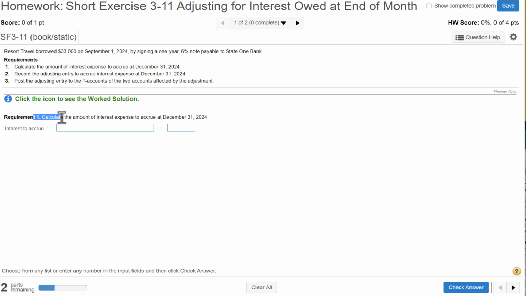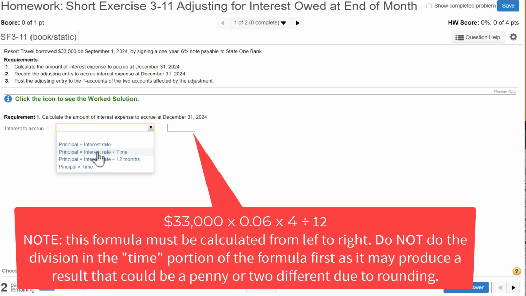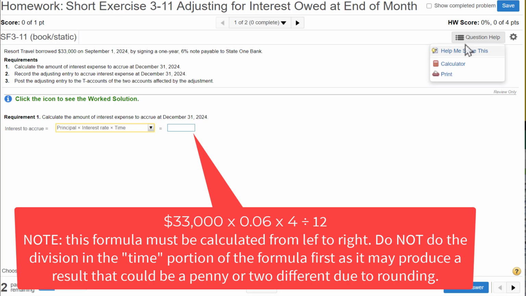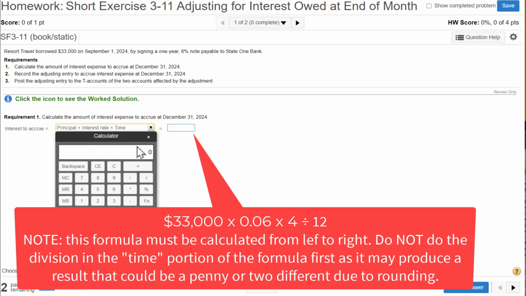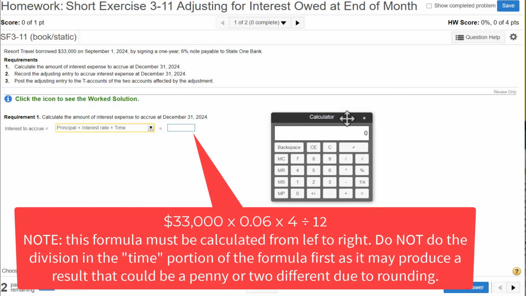So requirement 1, calculate the amount of interest expense to accrue at the end of the year. So we need to input the formula here. Remember, the formula is principal times interest rate times time. And the principal is $33,000. In other words, the principal is either the loan amount, or in this case, the note amount, which is basically a loan. So we're going to enter 33,000